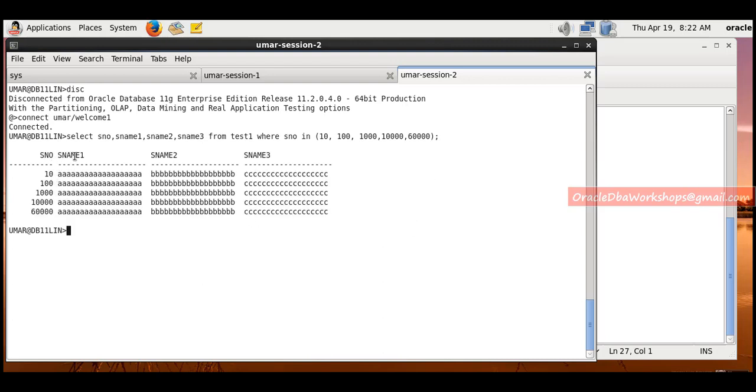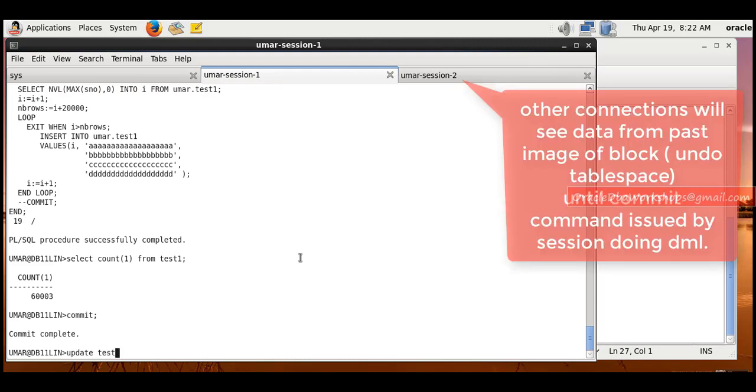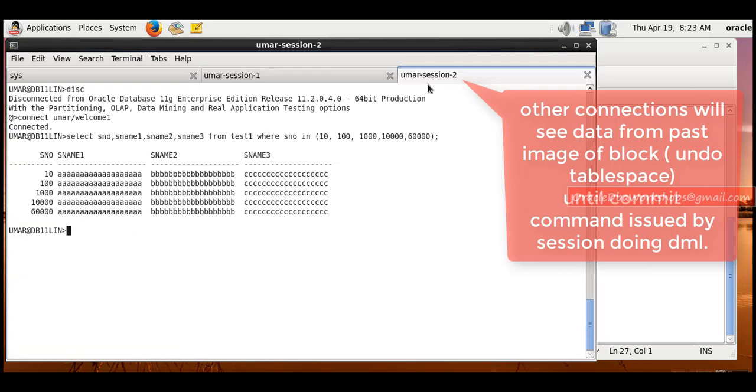So he sees that the column values are these: A, B, C. Let's say in another session somebody is going to update the rows, just one set: sname1 is equal to, sname2 is equal to, sname3 is equal to, where snumber is any. Let's say for these same rows,